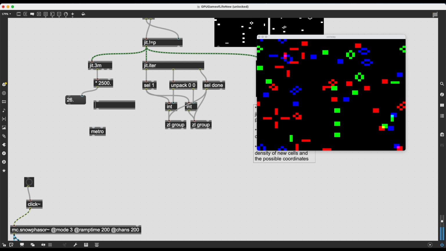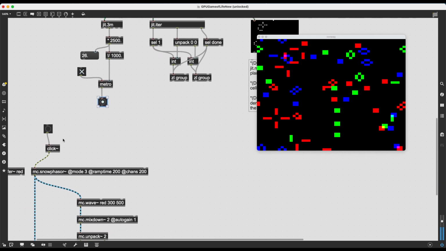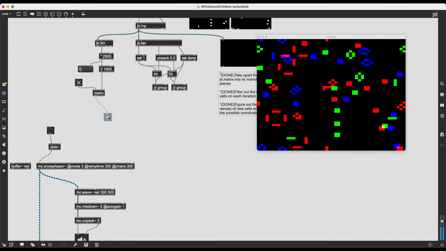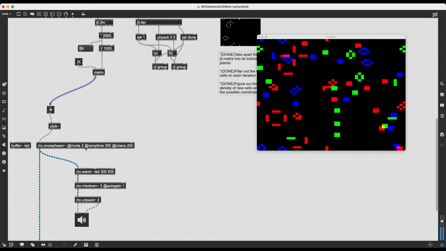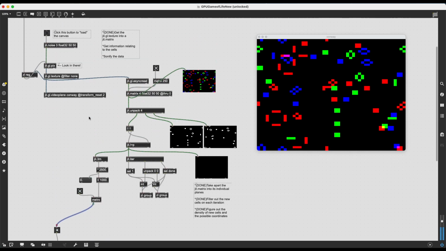So we have to do a reverse division, so exclamation mark, divide 1000 dot, because we might receive a floating point number. And if I do this, this is the amount of milliseconds. This is my time interval that I need to feed into metro. So I can simply put this here, and I can have my toggle, and then let's see if this sends out anything. Okay, so if I connect this to my click, for instance, let's see what happens. All right, and if I restart this,